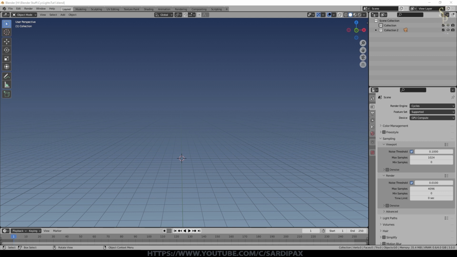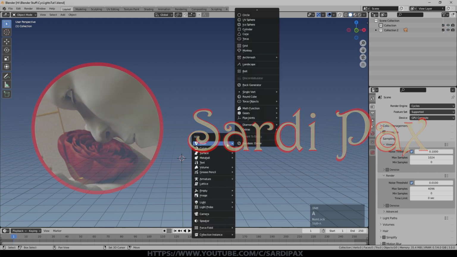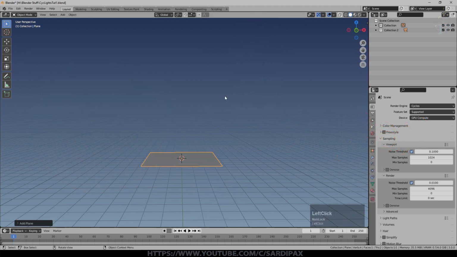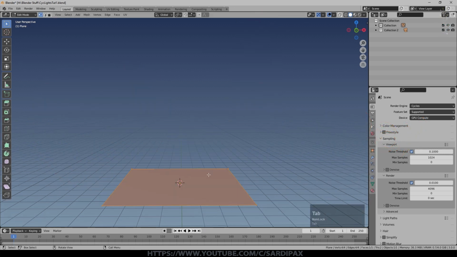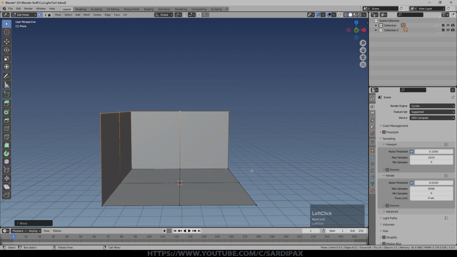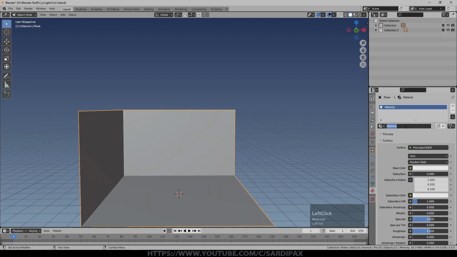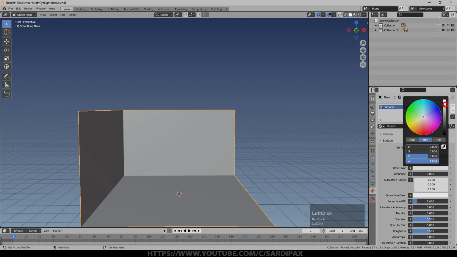But to begin with, let's just get into some of the ideas of what options there are for lighting within Blender. So to begin with, I'm just going to create a plane. We'll go into edit mode and we'll just subdivide that. And then I'm just going to select two sides, extrude them upward like that. So we've got a sort of partial box. I'll give it a basic material and we'll just leave it at sort of a mid-white.